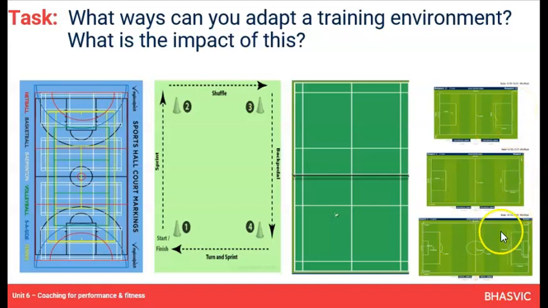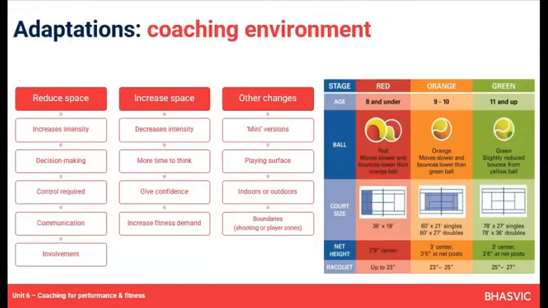You find that this obviously is an example of football, but mini tennis is a version. So mini tennis is played on a badminton court. In actual fact, following on from that, these examples here, this little diagram and bit of information is all about mini tennis, not played on an outdoor tennis court, but played on a badminton court. And you can see the age groups this is applicable to, and they've got different color codings and different demands based on adapting equipment and area and environment.